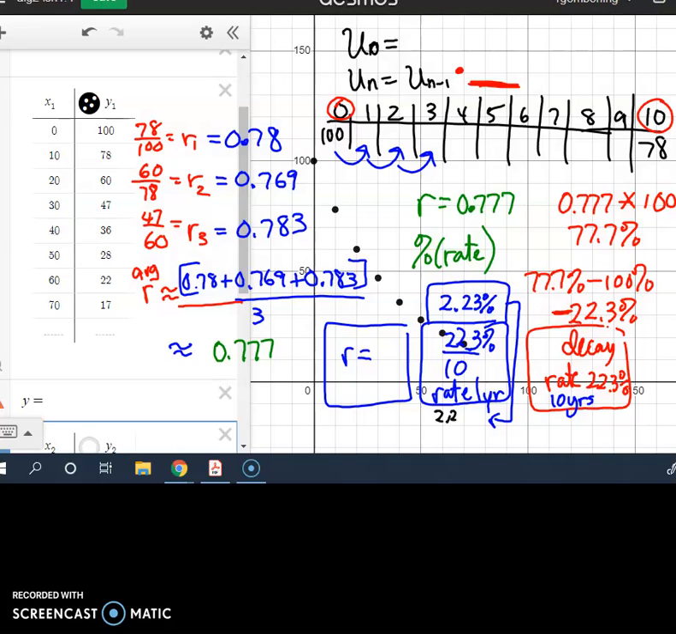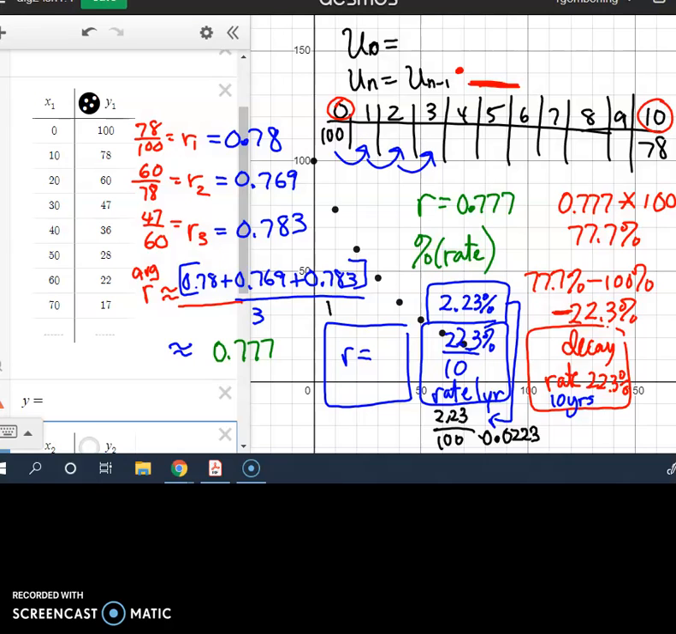So to turn this into a decimal number, we take that and divide by 100. So the R value is going to be 0.0223. That's going to be that decimal number. Or if you wanted to keep with the percent, keep in mind we are doing decay here, so it's going to be less than